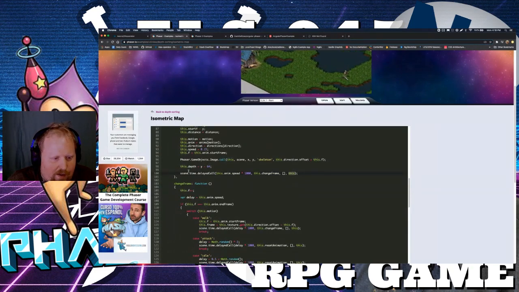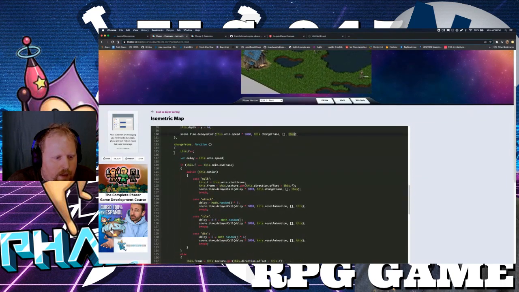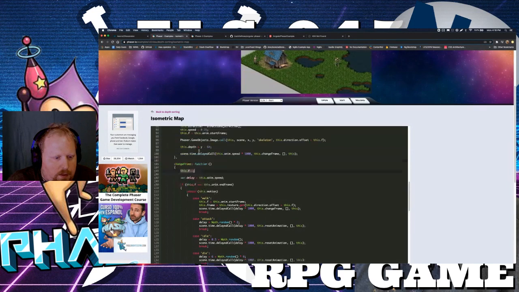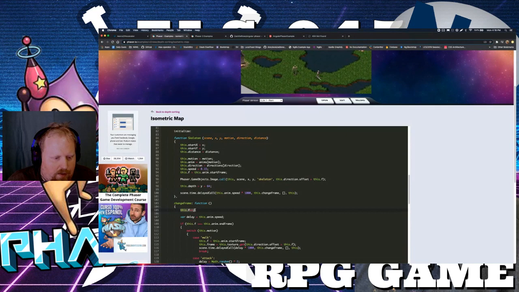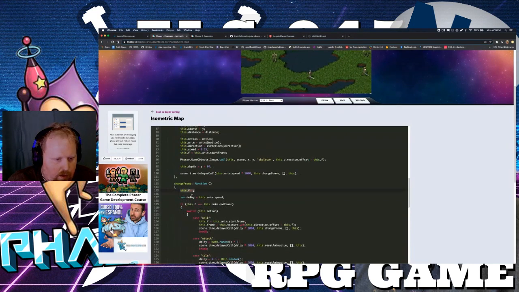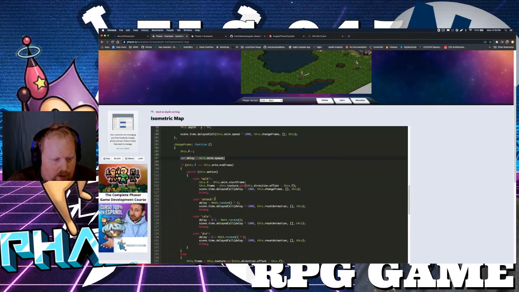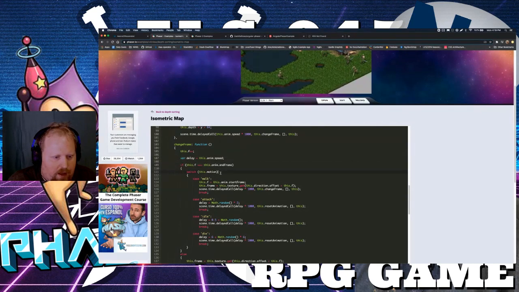And then, okay, so let's see. If we change frame, okay, I think this pretty much makes sense. We're going to start with the start frame. We're just going to increment it. Somewhere we're probably checking to see if this is at the end of its range, and we'll reset it to its start again. Delay is equal to the speed. Yep, that's what we were kind of assuming. And yeah, this is exactly like I said. If we're at the end frame,